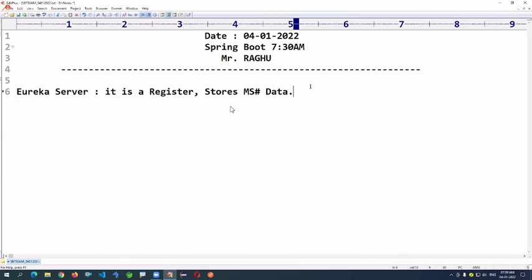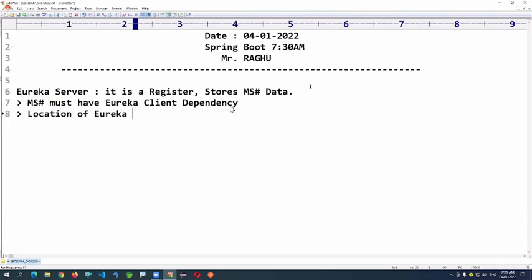So here it's a registry that will store the microservice data. Microservice must have the Eureka client dependency, the location of Eureka server, and an instance ID, that is actually the service ID. Service ID is nothing but the application name.